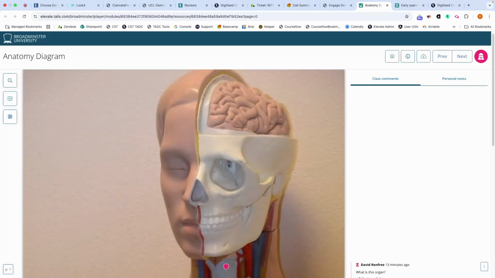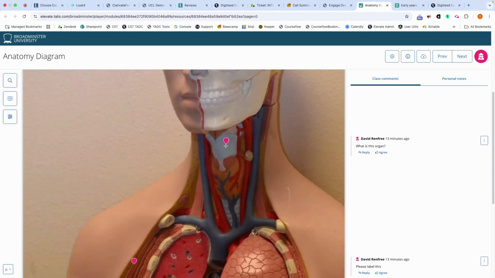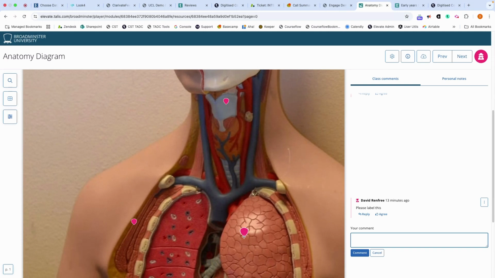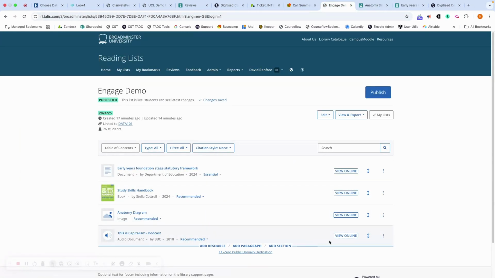So yeah, we've uploaded a PDF, a book chapter. Just to show you as well, you can upload other files, so this is a JPEG. Obviously there is no text to highlight here, but you can drop pins against items on the list. And again, leave your comments. So you might want to use this for images,